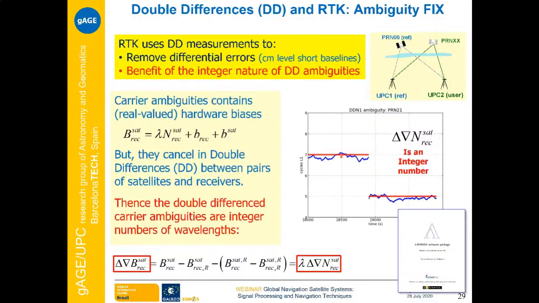Well, in these slides, I would like to present two key ideas about how to deal with the ambiguity. As I commented before, the carrier phase is a precise measurement. The noise is at the level of millimeters. Thermal noise in carrier phase is a few millimeters. If we consider thermal noise and multipath noise, it is less than 1 centimeter, so it's a very precise measurement, and we use these measurements to achieve centimeter level.